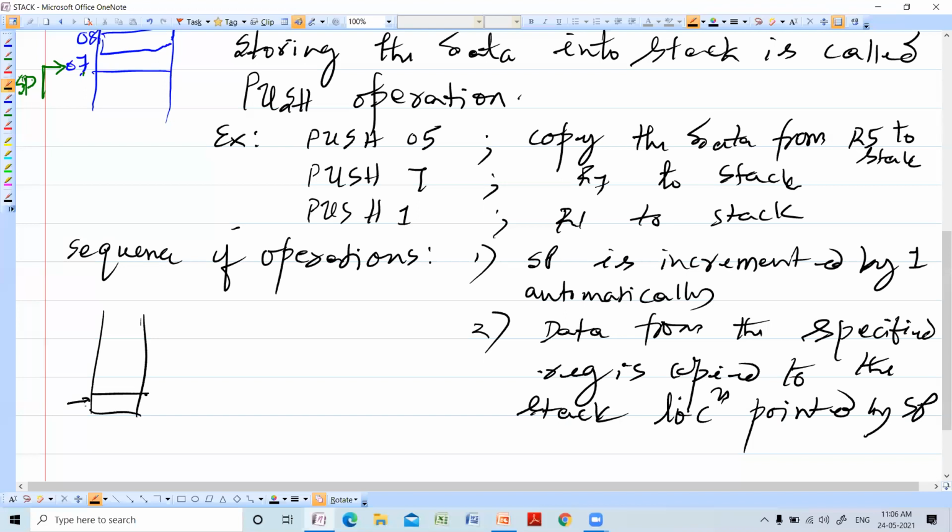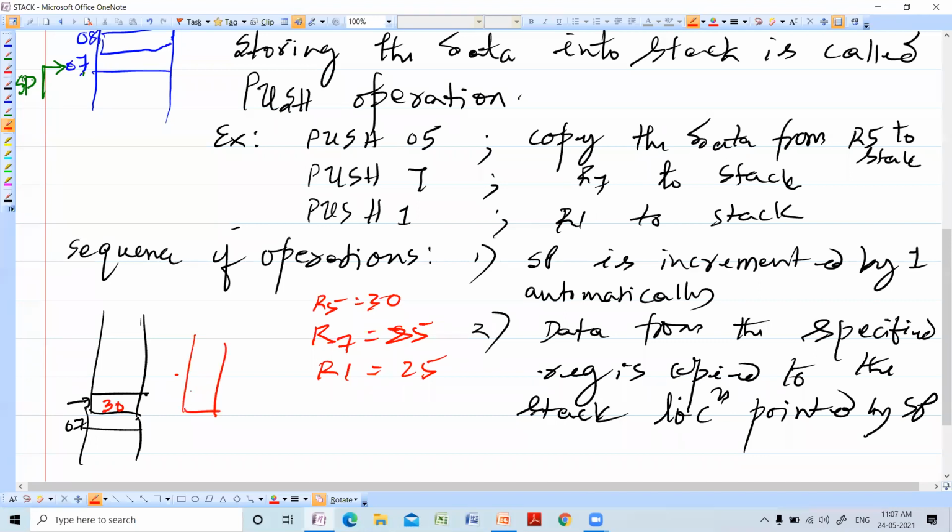So this was 07, SP is incremented by 1. For example, R5 contains 30, R7 contains 85, and R1 contains some data 25. So here 30 will be copied.